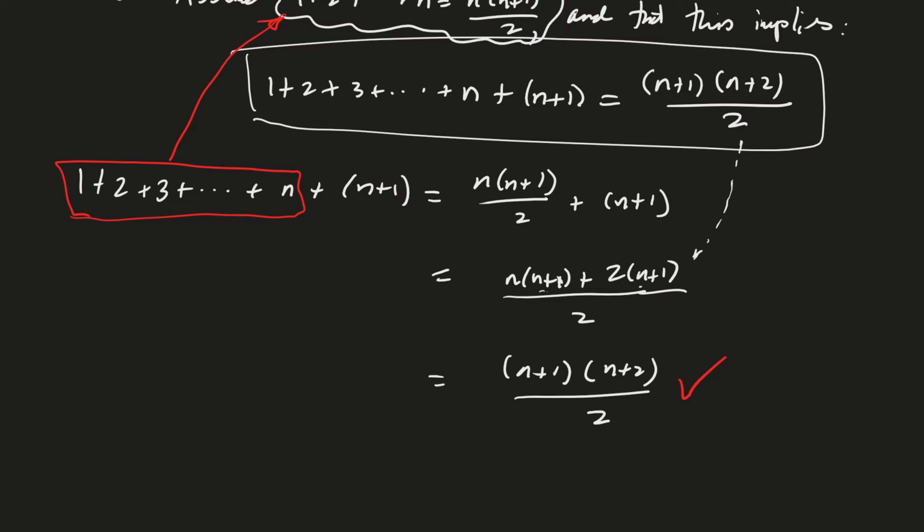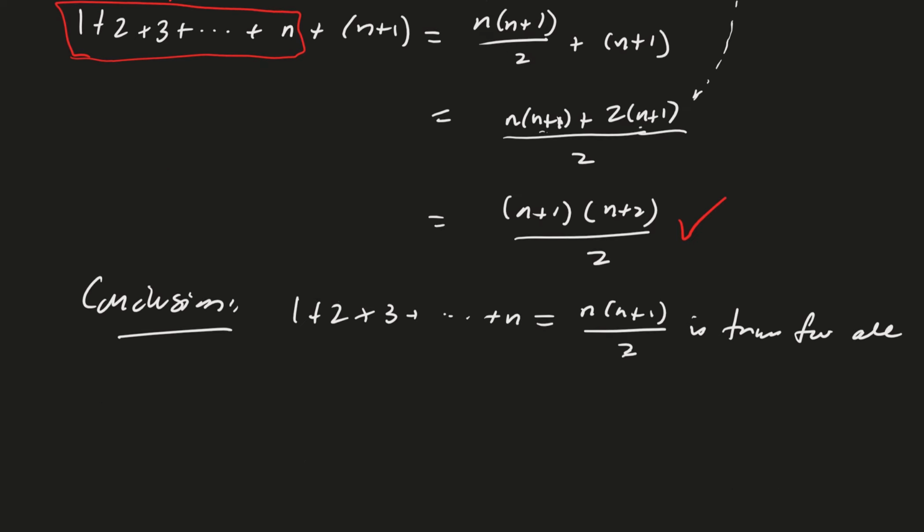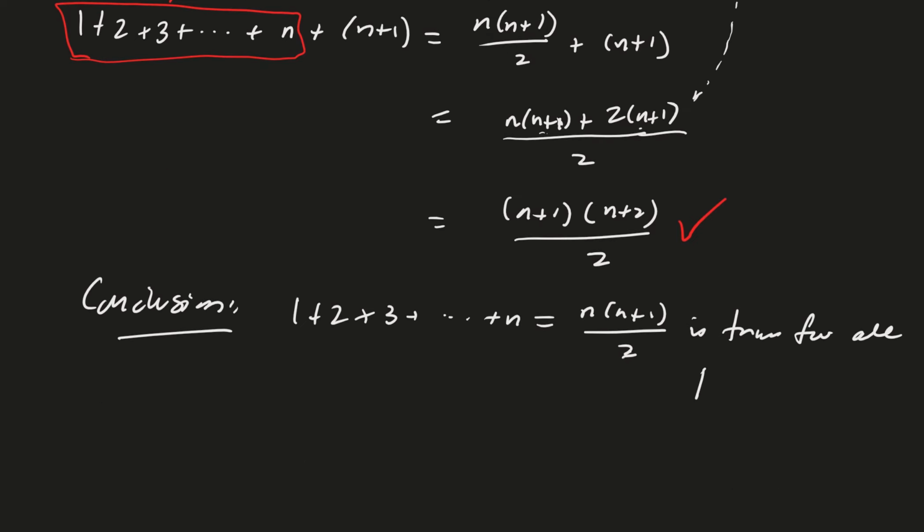And so we have now shown, so let me state my conclusion. We know that 1 plus 2 plus 3 up to n is equal to n times n plus 1 over 2 is true for all positive integers